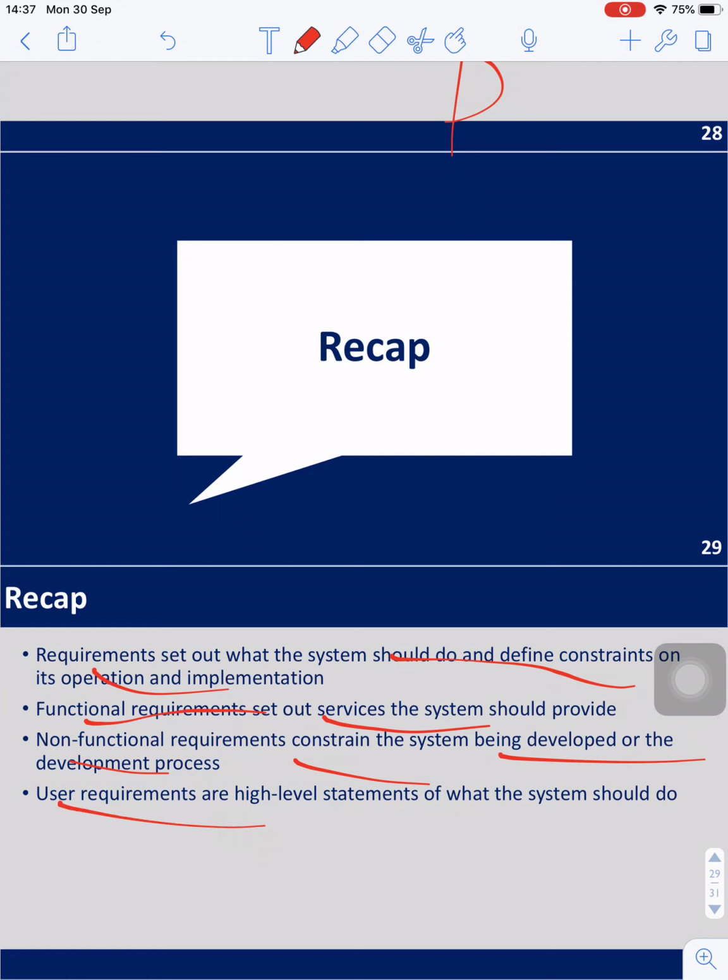User requirements are higher-level statements of what the system should do. Non-functional requirements constrain the detailed how of the functional services. Non-functional requirements are constraints. Requirements of the system should define the constraints. And this is a function and